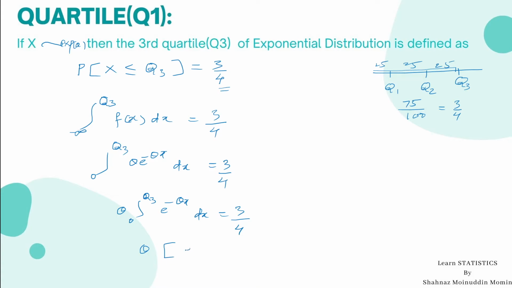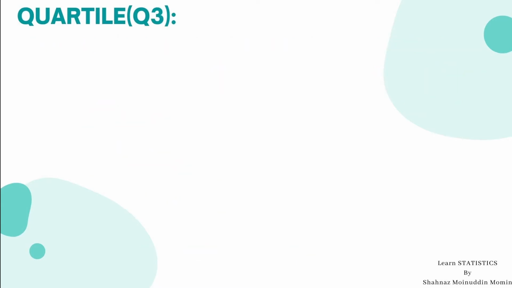Theta into the integration of e raised to minus theta x is e raised to minus theta x divided by minus theta, from 0 to Q3, is equal to 3 by 4. This theta gets cancelled. Substitute the limit of integration. We get e raised to minus Q3 minus e raised to 0 is equal to 3 by 4. As e raised to 0 is 1,